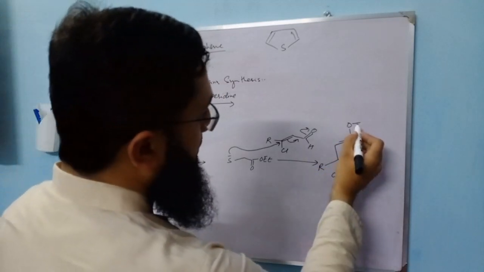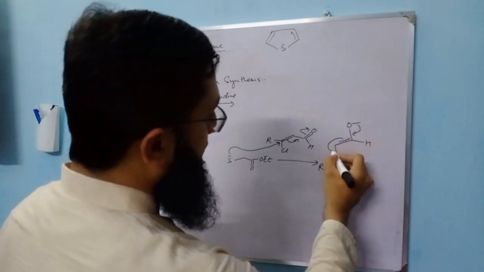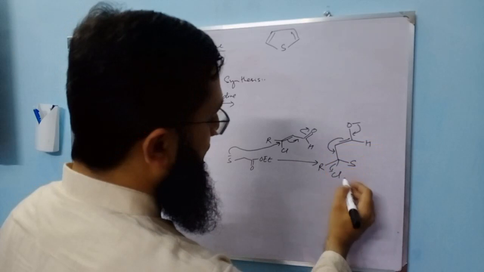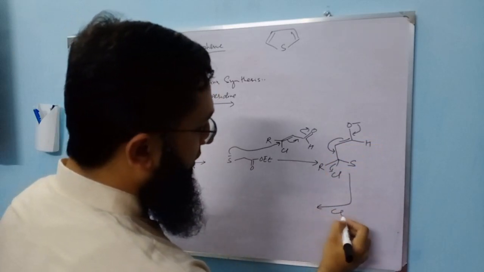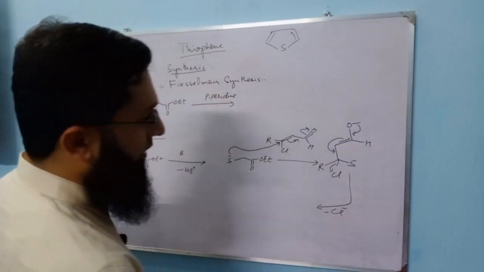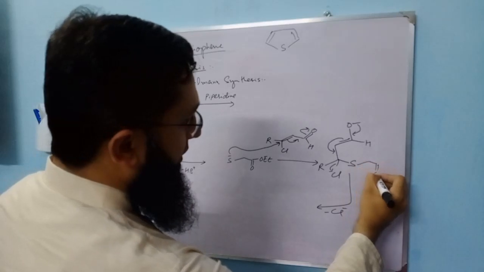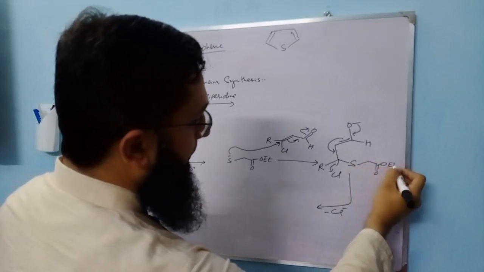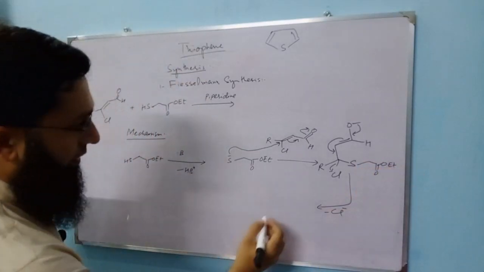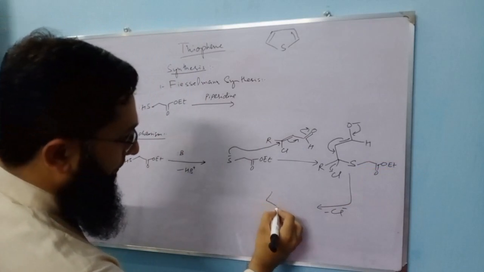And in the next step this comes back here, and Cl is eliminated, chloride, Cl negative, and here would be the same, and now we get